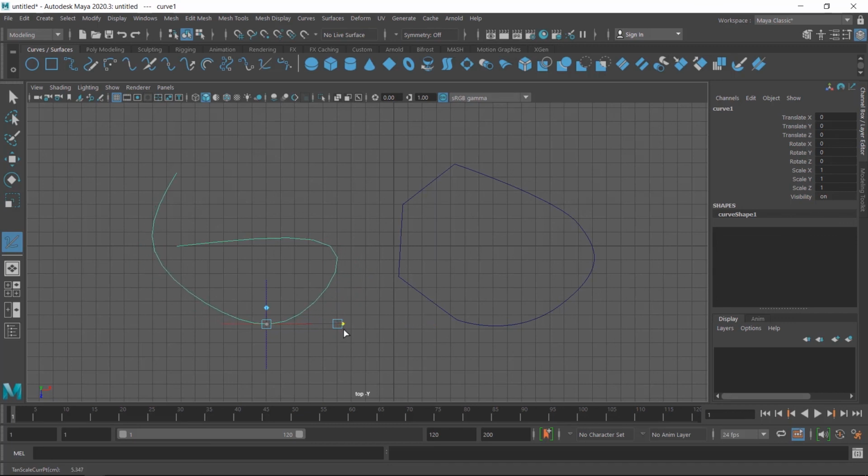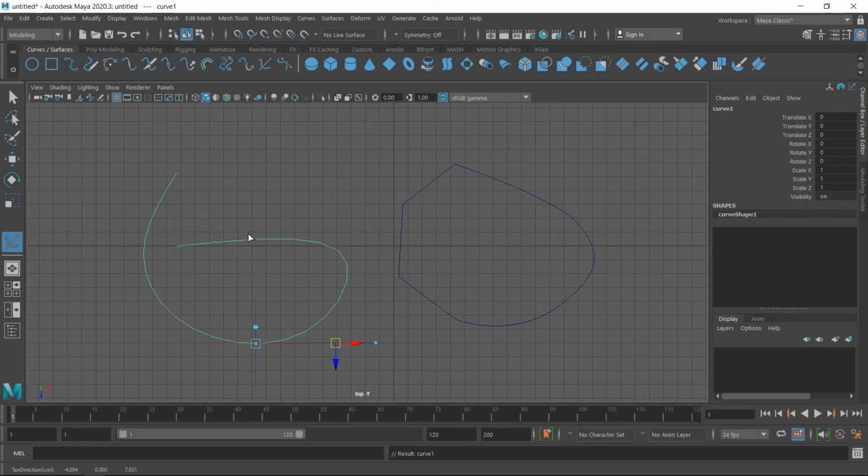And if you want to move left or right, click on this box and move, so you can change the direction of the curve. And if you want to change the position of this curve, click on this button and move, so you can change the position of this curve. So this tool has a couple of control points to modify a curve.